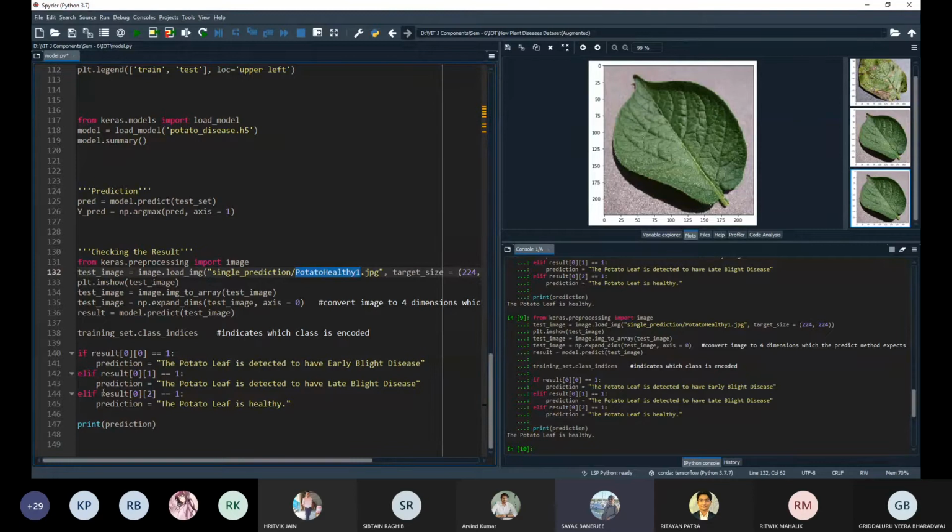Based on the value it passes, we are printing whether the leaf is healthy, has early blight disease or late blight disease. Now I am highlighting the right hand side corner, sir. You can see that it was a healthy leaf, and the model predicted that the potato leaf is healthy. Now I will show you one with early blight disease.